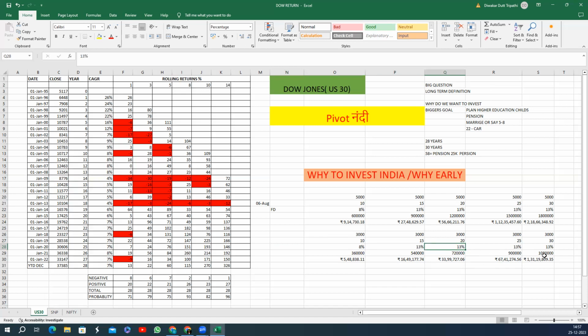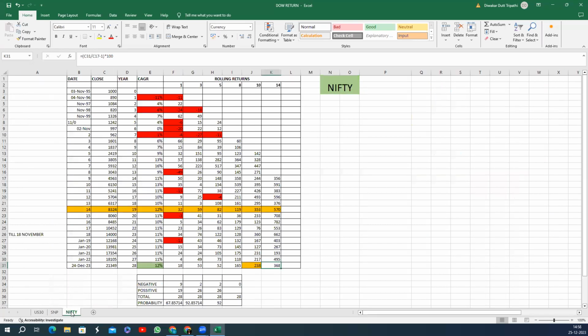So he can also achieve a 1 crore target in a 30-year time horizon at the end of his retirement. So that is the crux I was interested to share with you all, how this 1 crore planning can be done. So this is all, and let us come to the Nifty part,